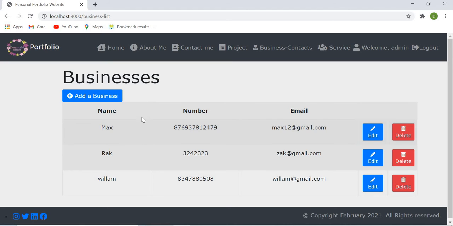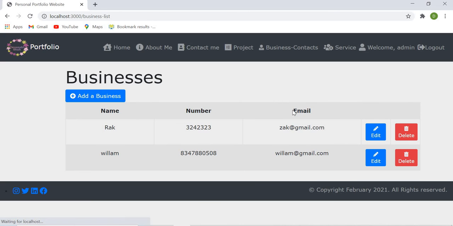We can also see that here the names are given in a sorted array, so I have created the data in a sorted array. The user can also delete the information of any business contacts.